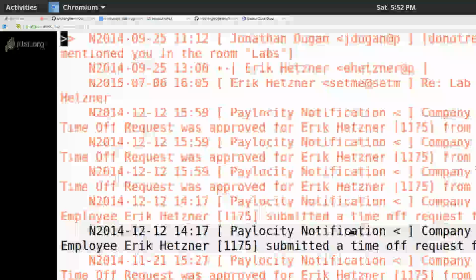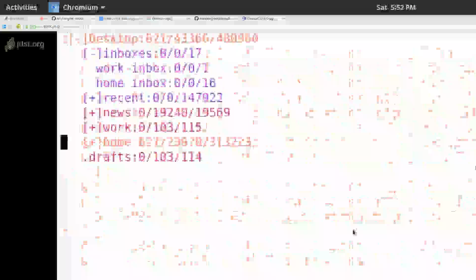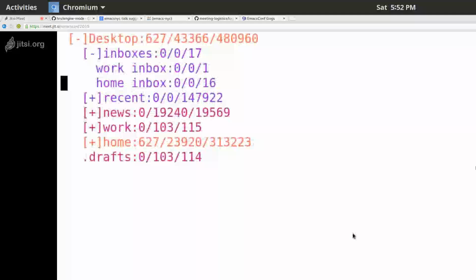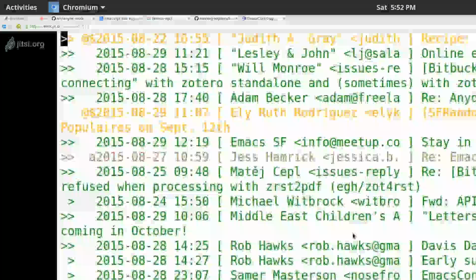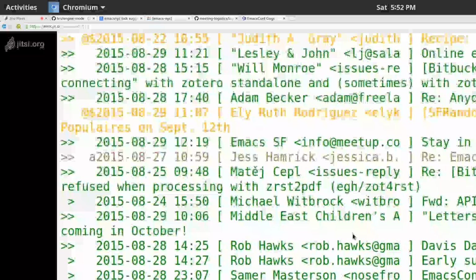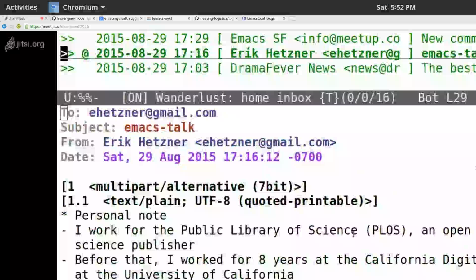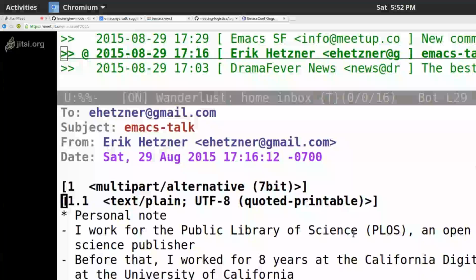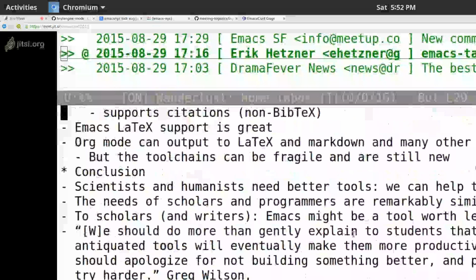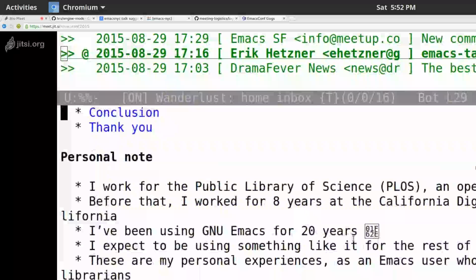How much of your mail is plain text versus HTML? It's mostly plain text, but inspired by Howard's demonstration of org export to a mail message, which is kind of amazing, I mailed the presentation I've been working on to myself. So it comes in 2 parts, which is a little confusing.